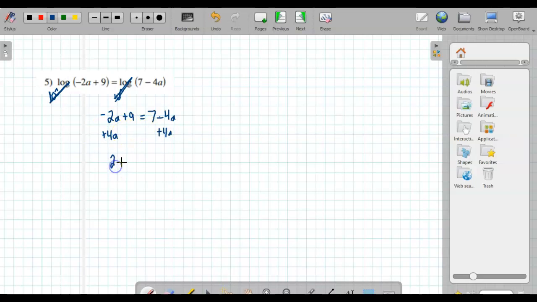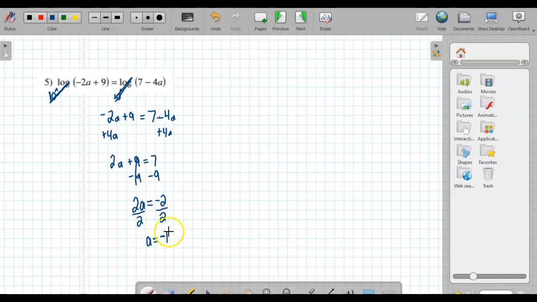So I've got 2a plus 9 equals 7. I'm going to subtract my 9. And that's going to give me 2a equals negative 2. And I'm going to divide both sides by 2. So a equals